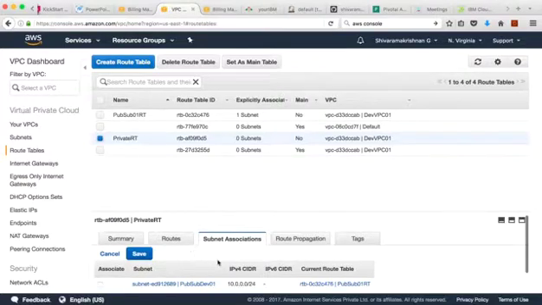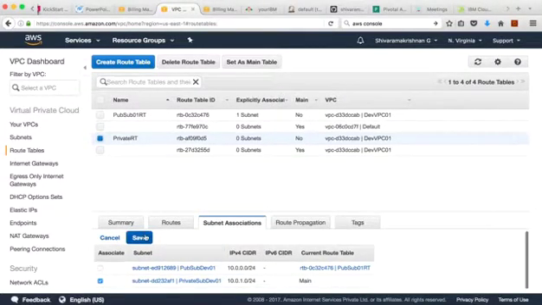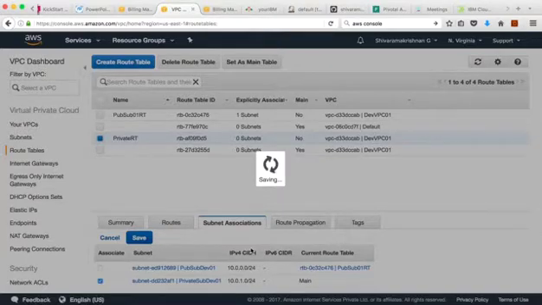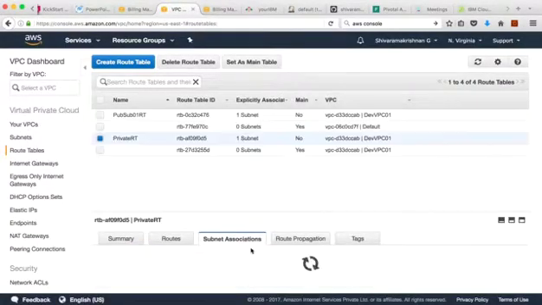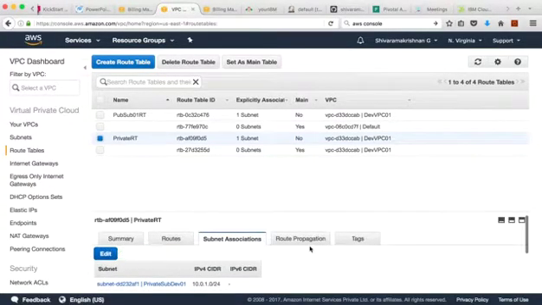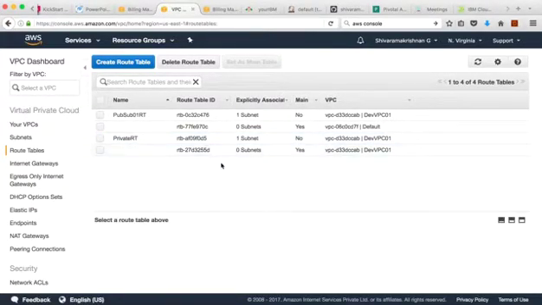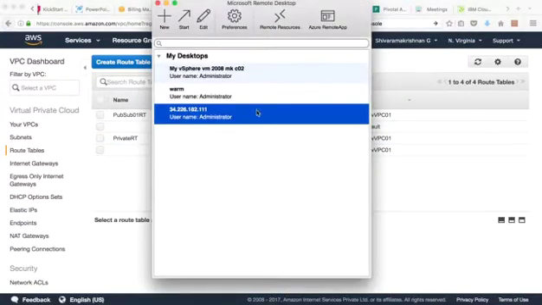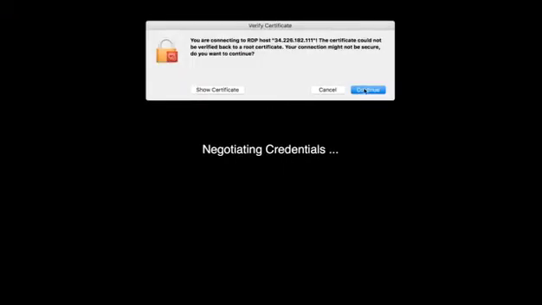What's the subnet association I have here? Let me go and associate the private subnet. I'll save this. That's it. Now my subnet is attached here, right? So that must pretty much make my instance on the public subnet talk to the private machine on the private subnet side, right? Now let me open the machine that I have on my public subnet, which is obviously